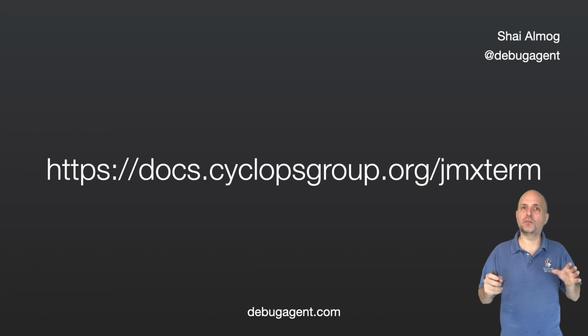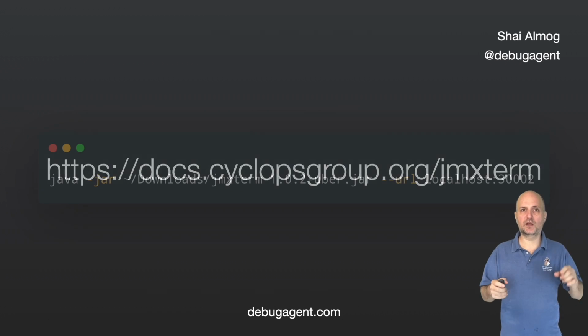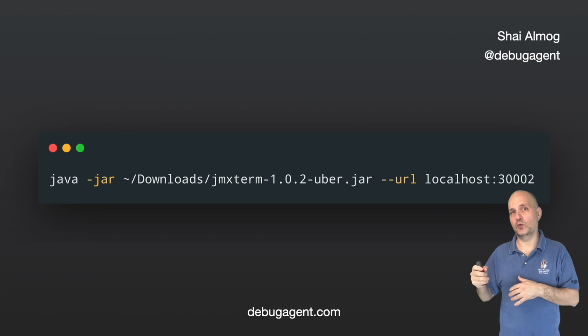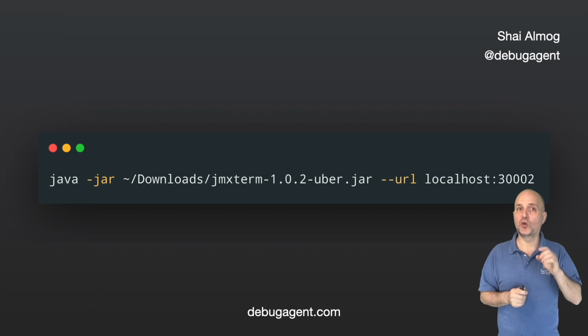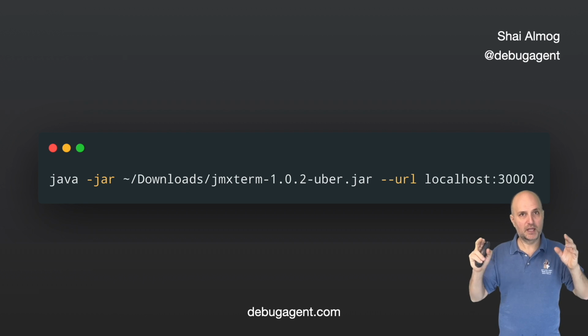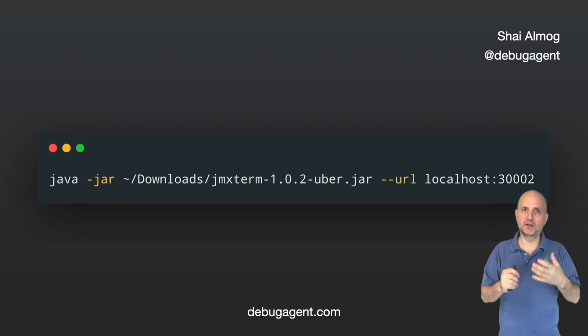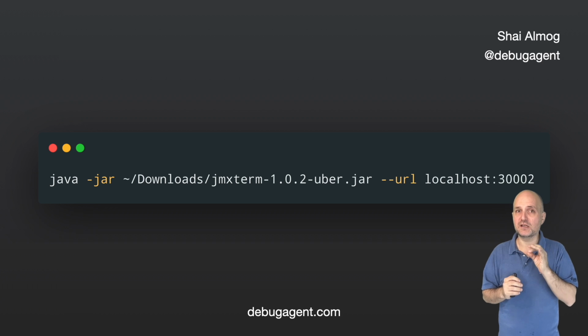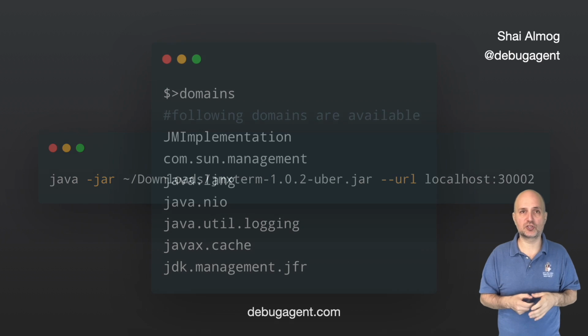We can get started by downloading JMX-Term from the link here. Once downloaded, we can use JMX-Term to connect to a server using this code. Notice that JMX needs to be explicitly enabled on that JVM. When dealing with a production or containerized server, there will probably be some ready-made configuration. However, a vanilla JVM doesn't have JMX enabled by default. Once JMX is enabled, you should update the hostname and port based on your connection.